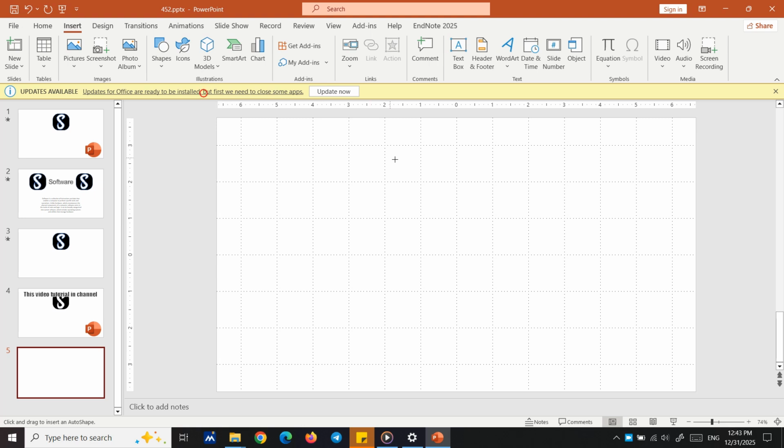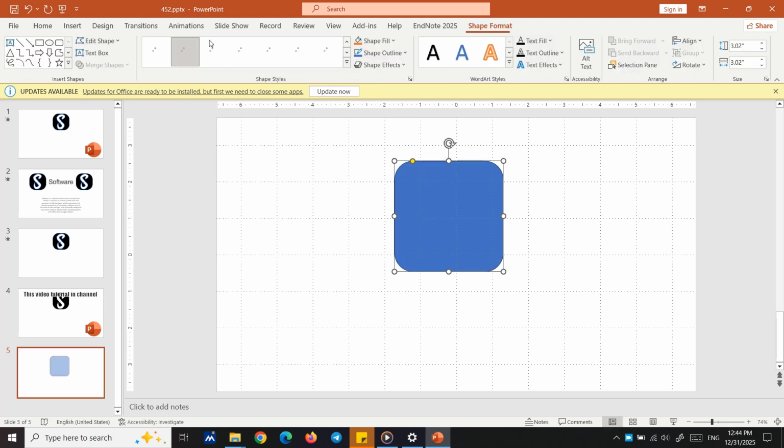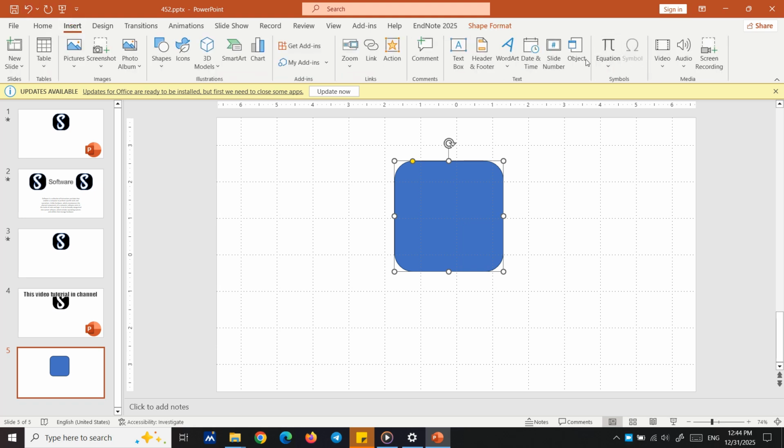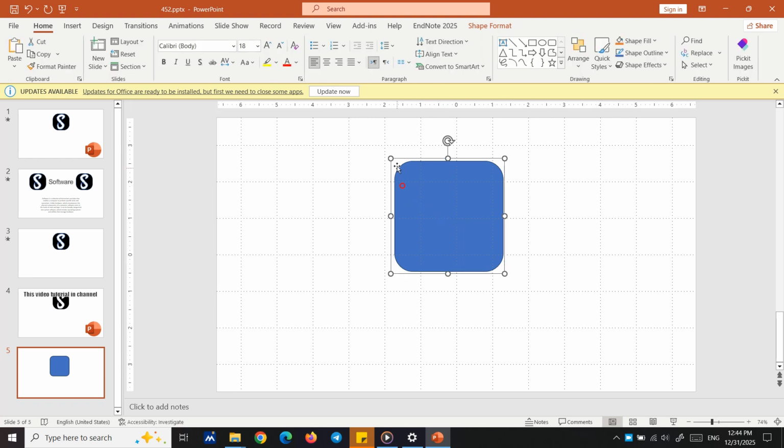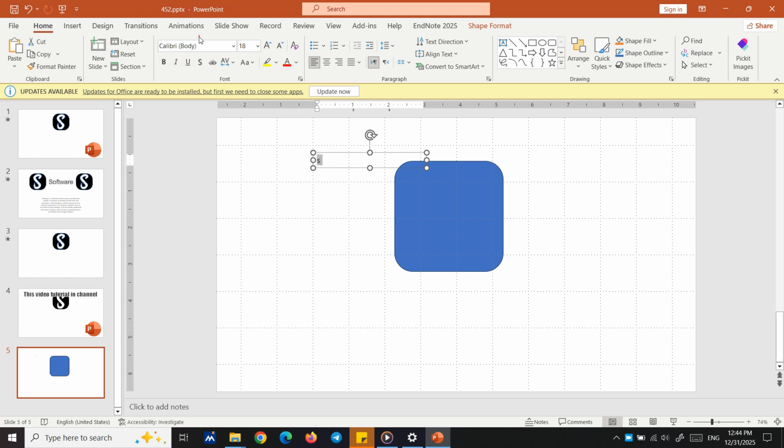At first we need a rectangle here. Hold shift when you are creating that, and after that you need to insert a text box in the exact size and put the S in that, and select that and change the font to Overdrive Sunset, and then increase the size